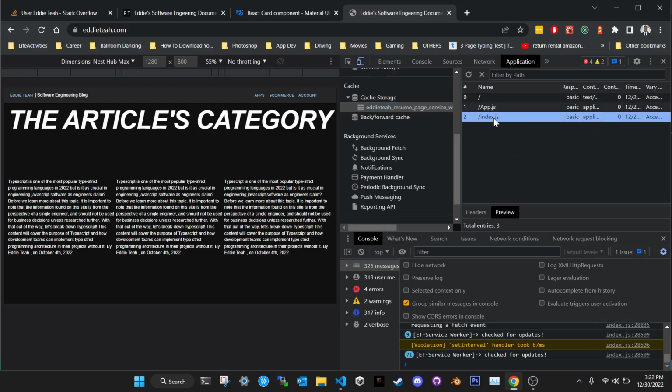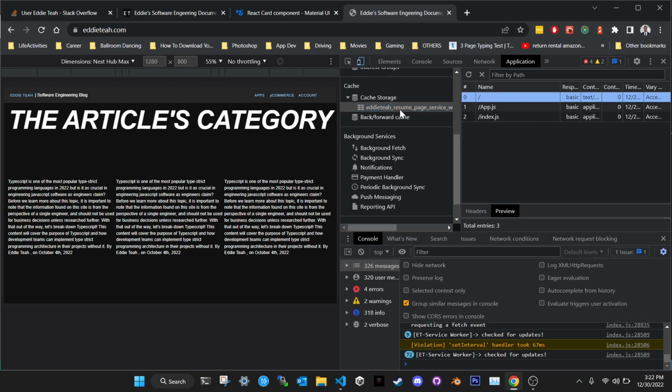As you can see here, we have a little bit of stuff that I cached, and when the application is offline, it will try to fetch this data and then use the business logic to do either network first or stale-while-reload. Stale-while-reload is probably something a lot of people want to use.